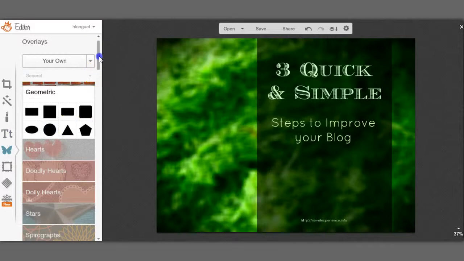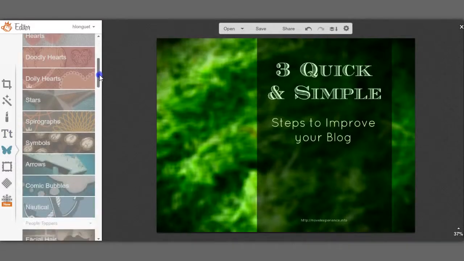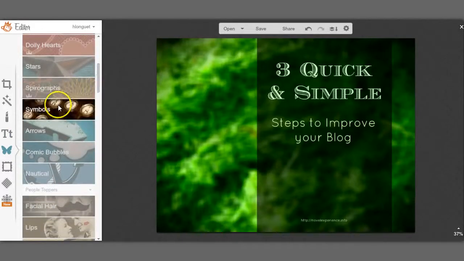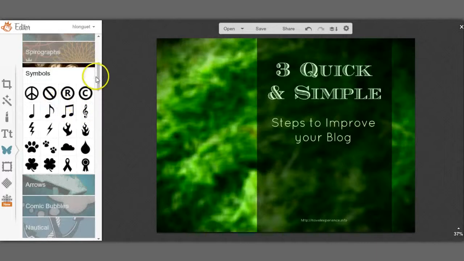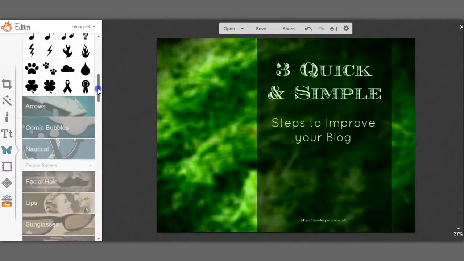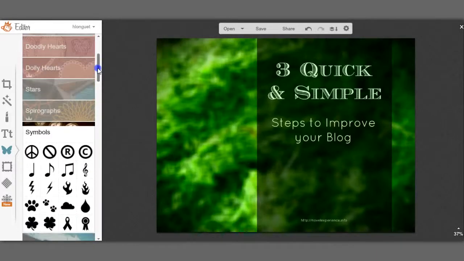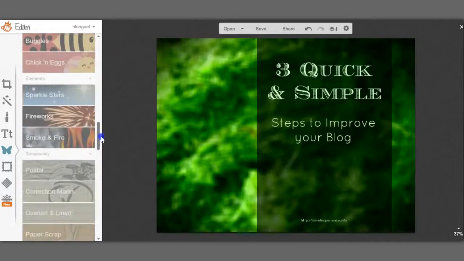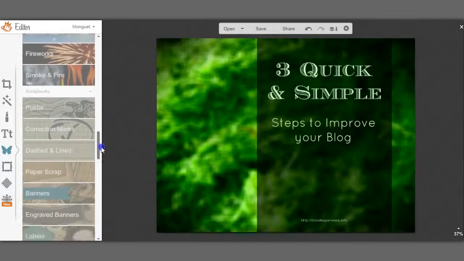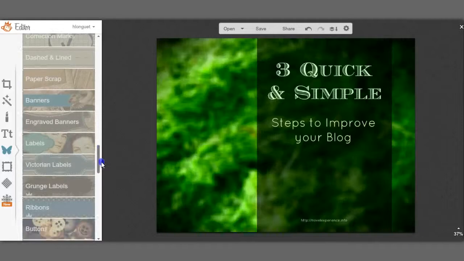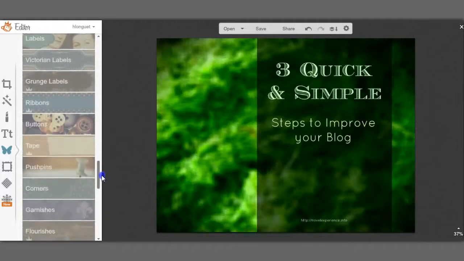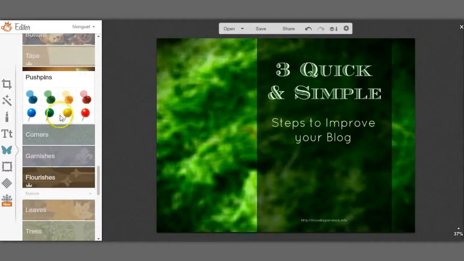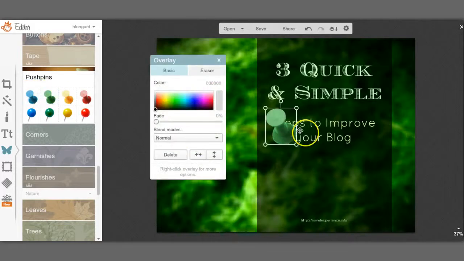So if I wanted to put in symbols, for instance, which I don't really, but I could if I wanted to. There are all sorts of things that you can put in here, labels and grunge labels and all sorts. So I could put a push pin if I wanted to,